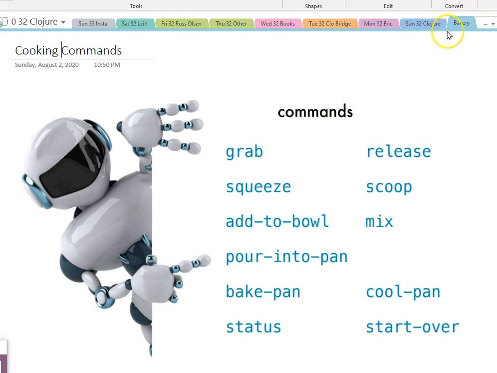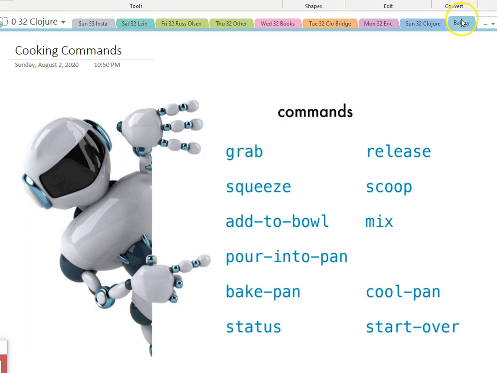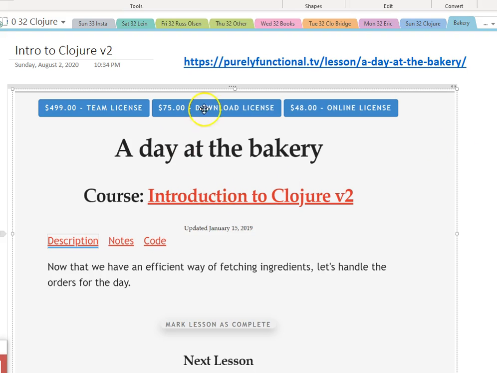Here's, by the way, the bakery code from Eric. We had talked about Eric Norman. His bakery code is just fantastic. This is how to make a cake in Lisp. These are the verbs and the nouns. You can think about those for anything. Here is his introduction to the bakery. Just fantastic. And version 1 is available free if you can find it. So you can begin there and then take his later version, which I suspect is about running a bakery. There will be a lot more conceptual material for you.